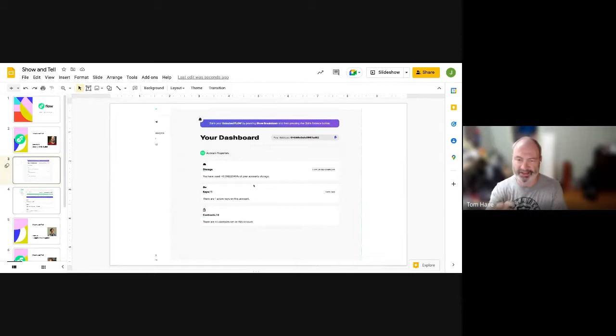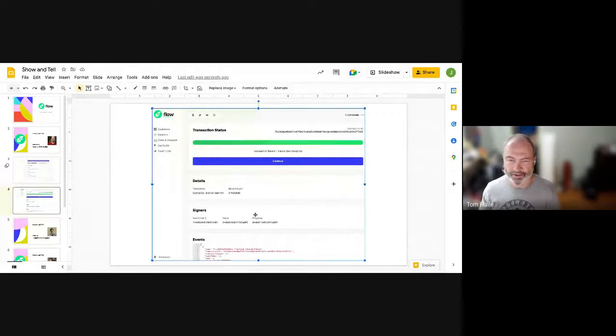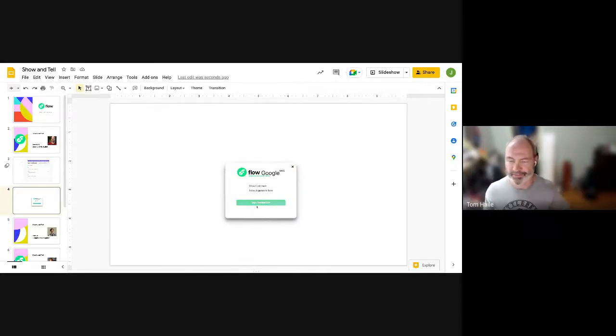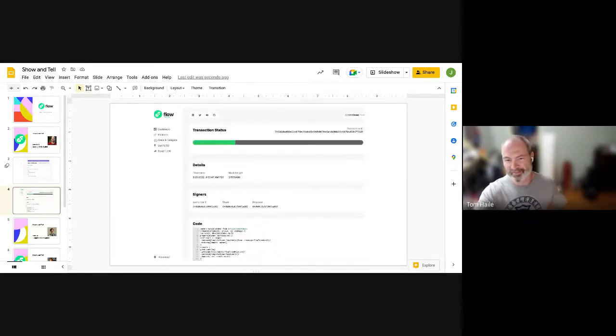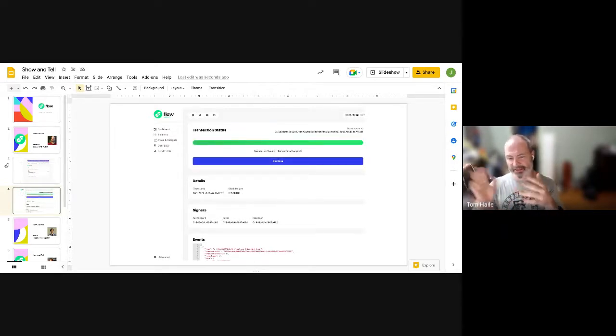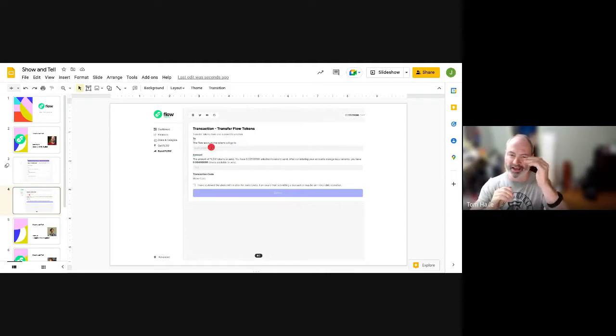Now, once the user's logged in, it shows all the same stuff of balances, and you could do staking operations and all that kind of thing, which would be a future extension. And then if we go to the second slide, just to show a transaction. So here it's just showing a simple Flow token transfer. And here I have a little bit of a bare bones flow that, with the newer version, it'll